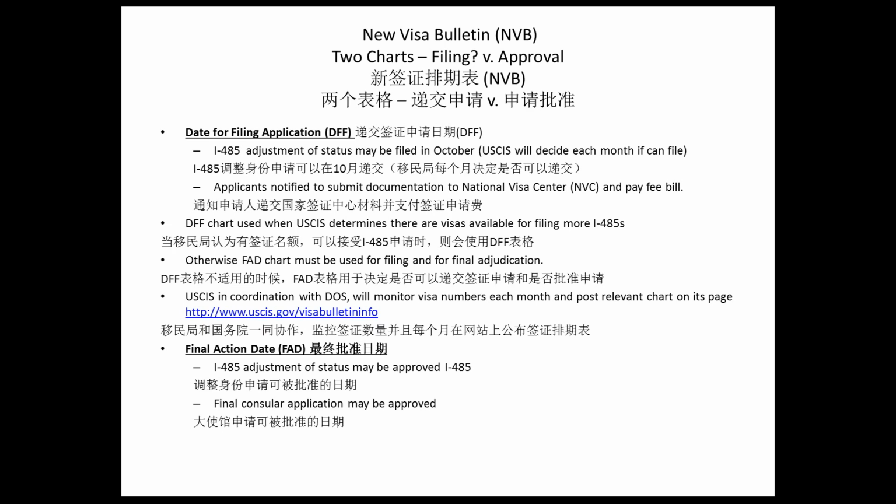Previously, we only used to look at the visa bulletin. Now we have to look at this website as well to see whether immigration will allow you to file an adjustment. So we have to look at 2 separate sites every month, and this one will be updated about 1 week after. So we expect the government to release this information around the 17th or 18th. This is going to be just past the middle of the month. We have to check this website to see if we can file adjustments in November. 所以现在除了那个 Visa Bulletin 那个网站以外，大家还要关注这一个网站，就是通过这个网站来看政府怎么样回复我们是否能在11月继续递交转身份的申请。